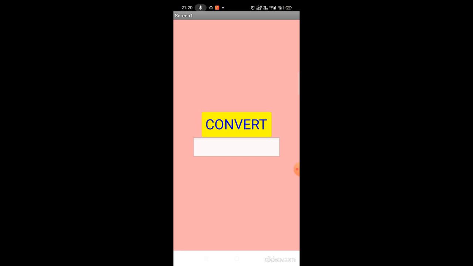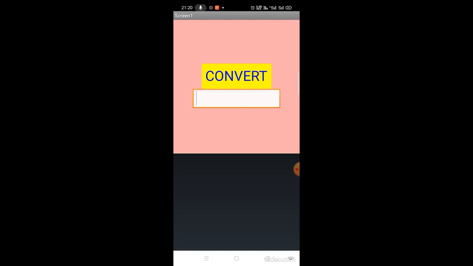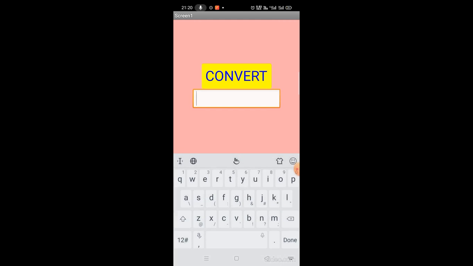So the first one is called button, second one is text box. I'm giving the text containing water, click the convert button, water. This is the text to speech conversion mobile app.